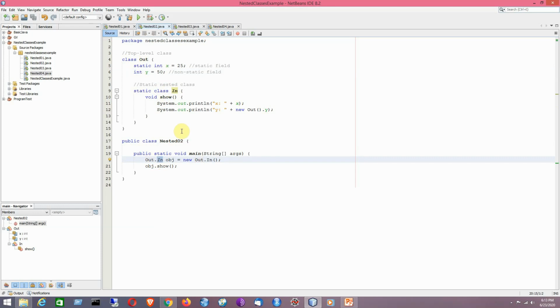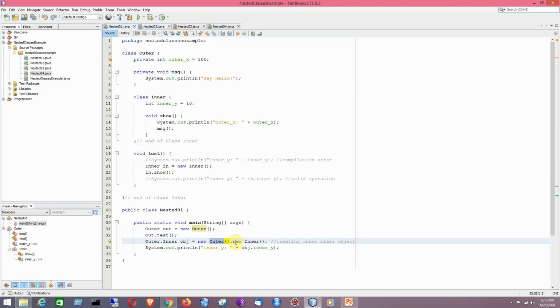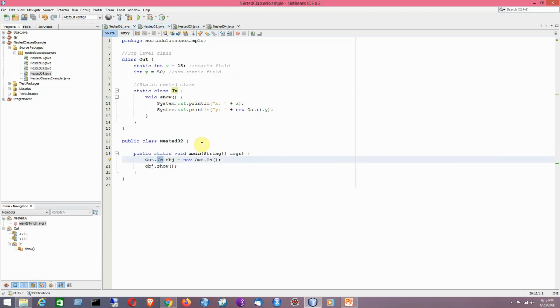Now in order to create an object of the static nested class, I have to write here new out.in. Remember, in the previous example I have written here new outer dot new inner, but here this object is basically a direct member of its outer class. So in that way it can be accessed directly.